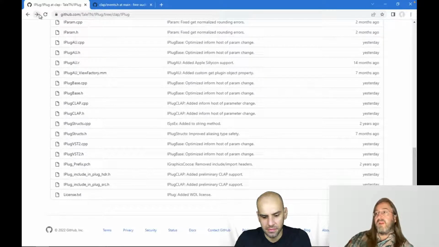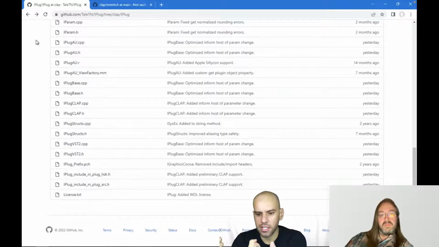For example, if you've dragged a slider or a knob in your GUI, then you have to let the host know that the parameter has changed. And in VST2, you can just do a callback on the fly from the GUI thread, and then that's that. But in CLAP, you have to queue the messages, so that's really different. But of course, that's not a huge problem, because that just means you have to keep a queue of events that you have to send to the host at the right moment. And do you think that perhaps the user interface and the audio processing could happen in separate places and communicate via this queue?